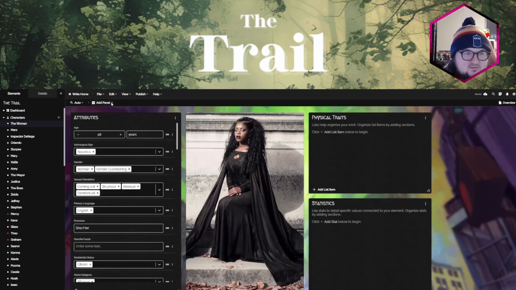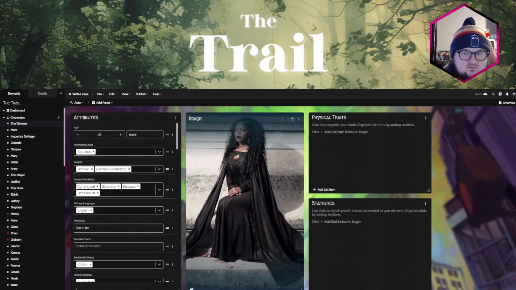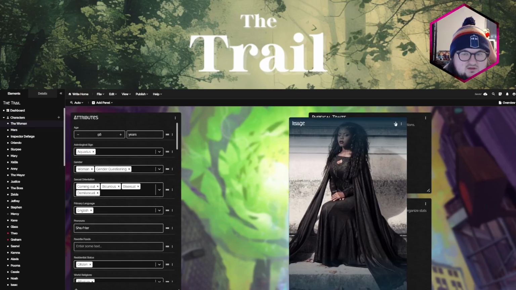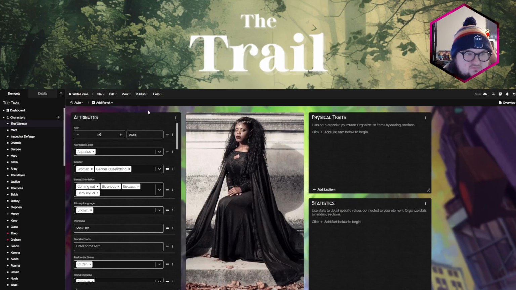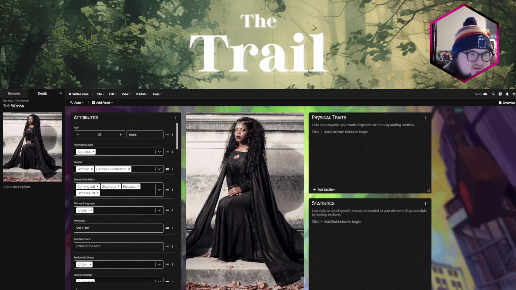And if you go up to the add panel, you can add more things, more images, or you could delete any of these that you don't want to use, and you can move them around too. So it's all completely customizable, whatever works best for you. Oh, and under details here, it'll show you the name of the thing, a description, and the image. Here I just have the same image for both, but there might be times when you have different images, or a main image and then some other images.